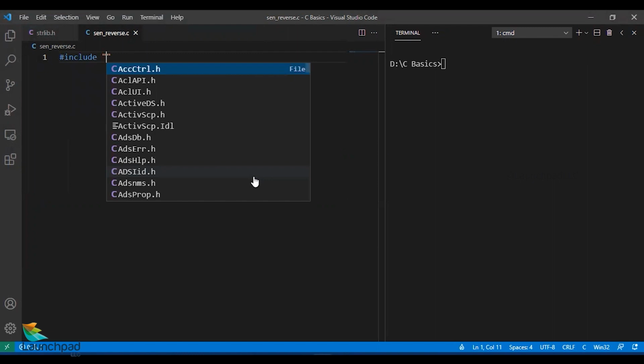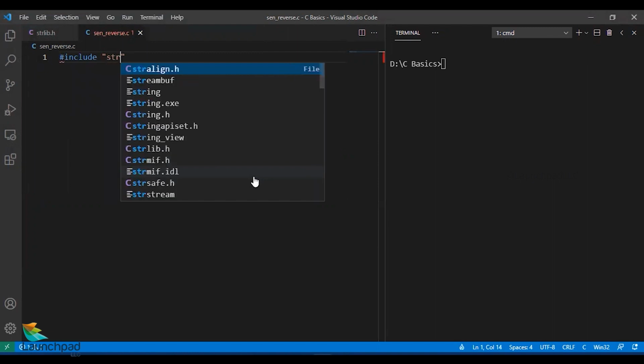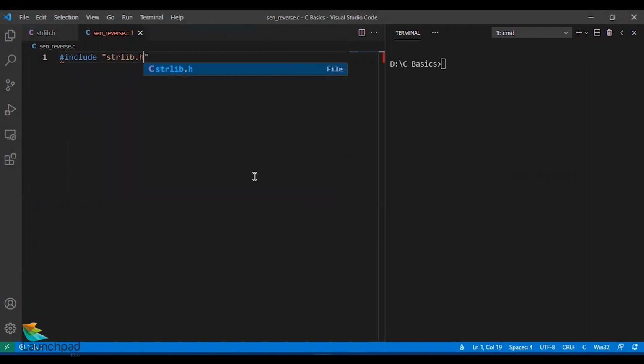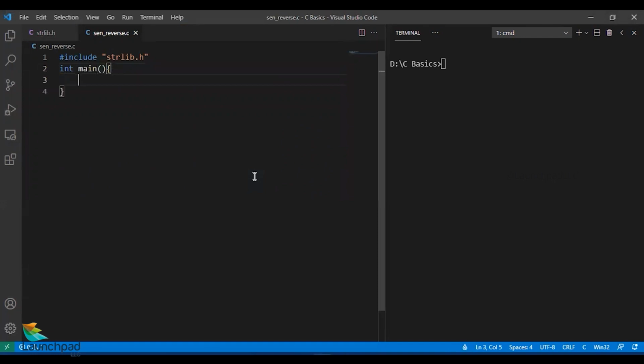Since this is a user defined header file, I'll call this strlib.h inside double quotes so that it is local. The .c file and .h file are in the same directory. I'm including a main function here, and I'm receiving a string, that is a character array, from the user, for which I need a character array of size 100.